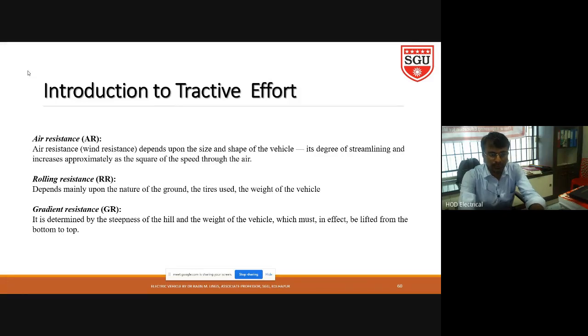So today in this lecture, we look at how air resistance or aerodynamic force will affect the vehicle movement, and what steps we have to consider for designing this electric vehicle based on this aerodynamic effect.